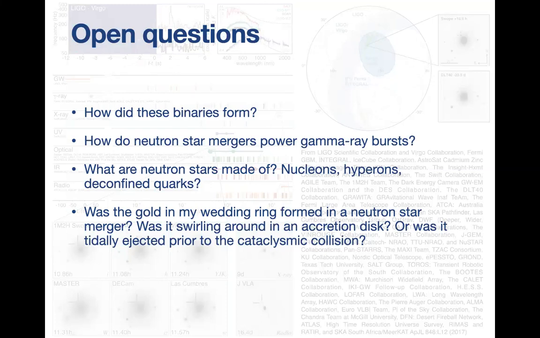And the last one is a bit more personal for me. This is not how I write it in my grant proposals, but basically we want to understand where gold and other rare elements came from. We think that neutron star mergers produce some of these elements. Do they produce all of it? And how do they produce it?